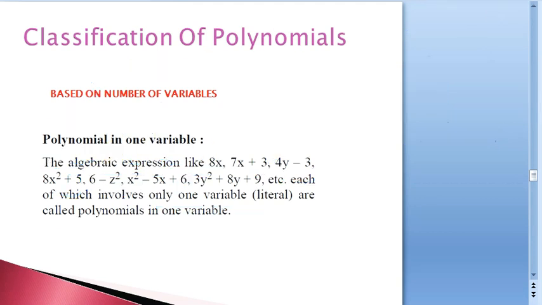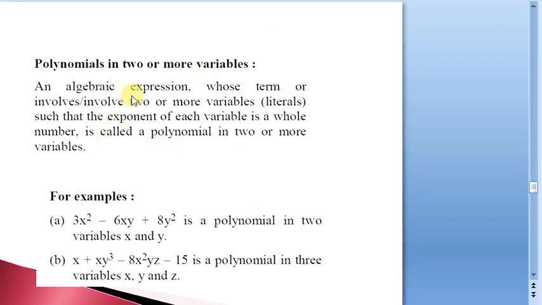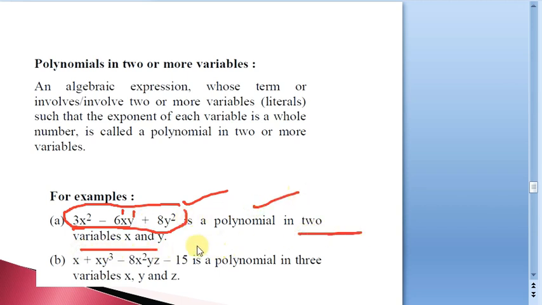Now suppose there are two variables involved. See, in this case x is also there and y is also there. So overall it is a polynomial. Why? Because x power 1, y power 1, every variable involved has a whole number exponent. So it is a polynomial. But how many different letters can you see in this expression? I can see x, forgetting the exponent for a while, but I can also see y. So I can see two things simultaneously. It is going to be a two variable polynomial, in x and y. That is how you read it.